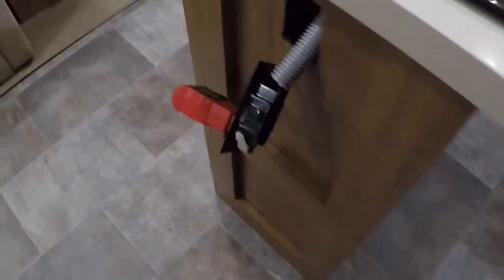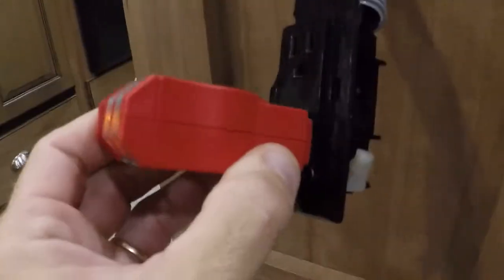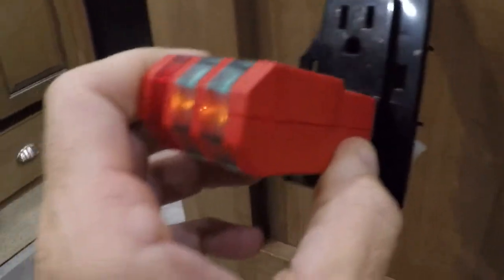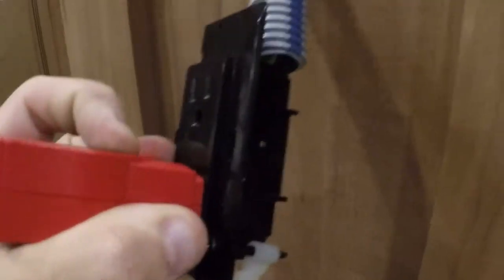Alright, so we're back here, getting ready to hopefully change this out. Since it's about 100 degrees outside, I need to keep my air conditioners running in here so I can work. So I don't want to kill the power to the coach. But this is GFCI protected, I noticed. And so I've got my little circuit tester in here, and if I push this,